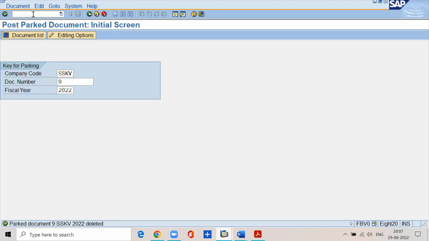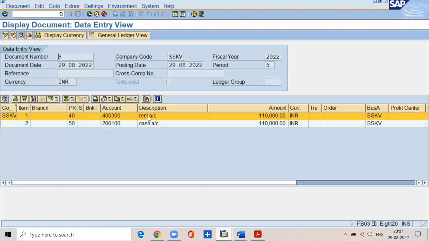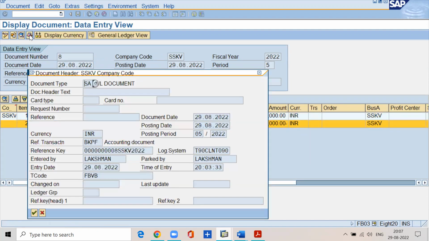Now we posted one document, right? In FB03, we parked one document, number 8. After that, it was posted, right? And the document number is also the same. I'm displaying document number 8. See, rent account debit to cash. Now, if you click on the document header,